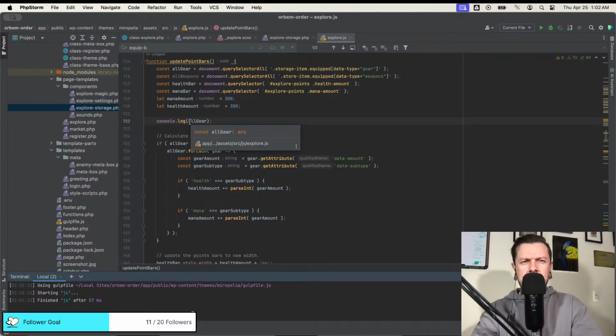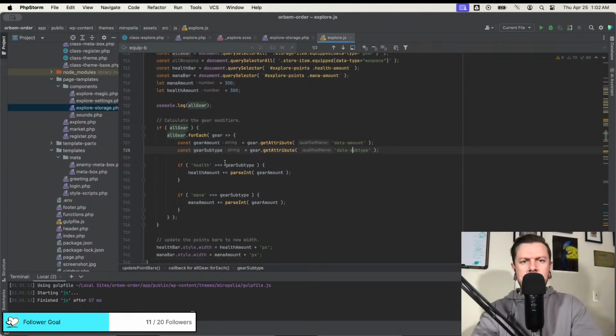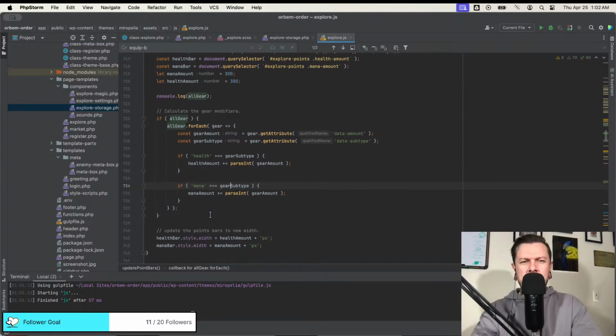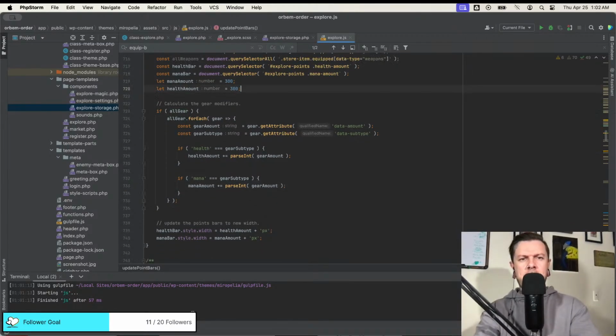Hold on. Why are you not working? All gear for each. Yes. Goes into here. Gets the attribute. Data amount. Data subtype. Is the amount just not growing like it should? Why are you coming out as 300?